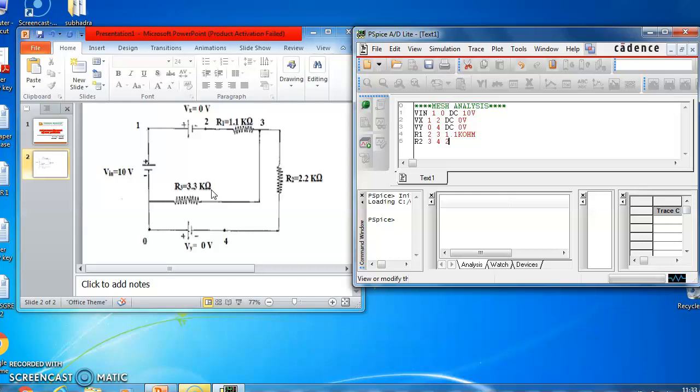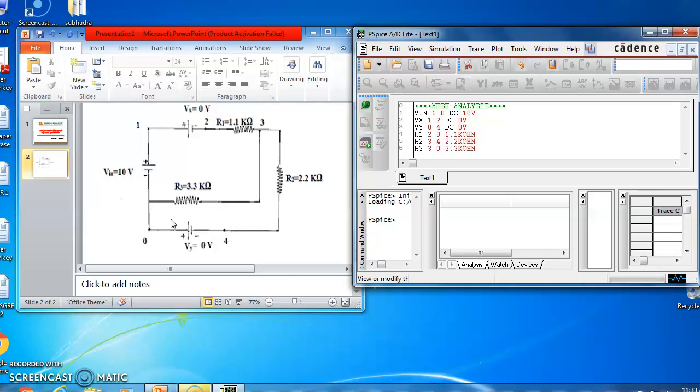Once the circuit description is completed, you may perform either mesh analysis or nodal analysis. There are no separate instructions for mesh and nodal analysis. The first step is to describe your entire circuit.